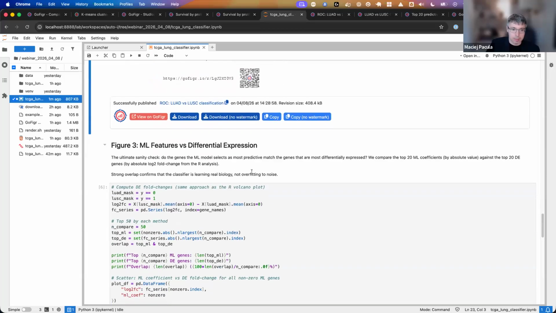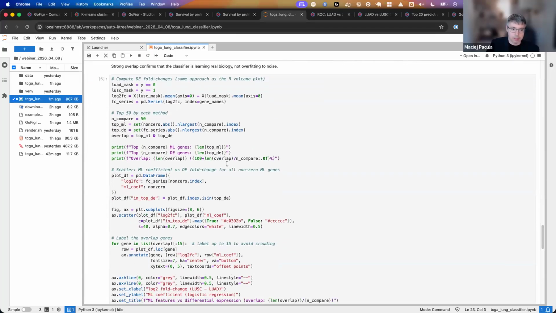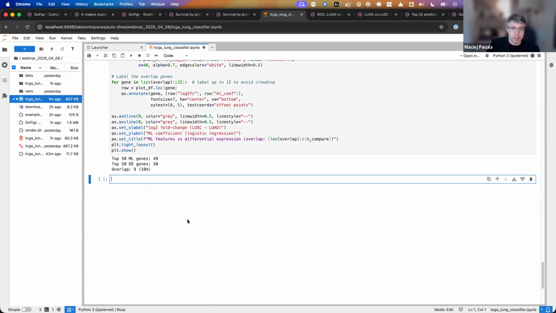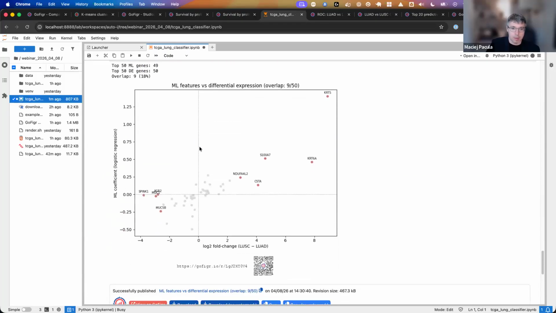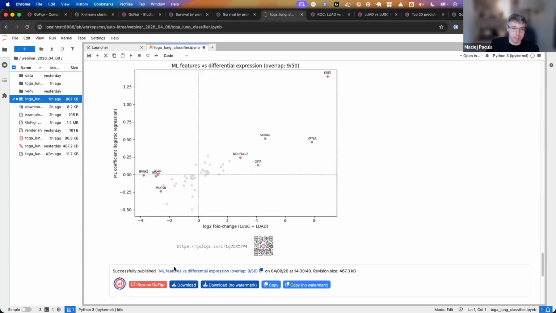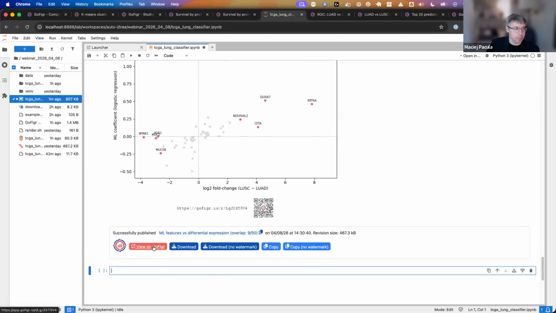So finally, the final figure I want to generate here is the correlation between the differential expression log two-fold change and the machine learning coefficient from logistic regression. Because logistic regression is a linear model, these are fairly well correlated. But this gives me another figure in my analysis. So now if I go back to the GoFigr portal,